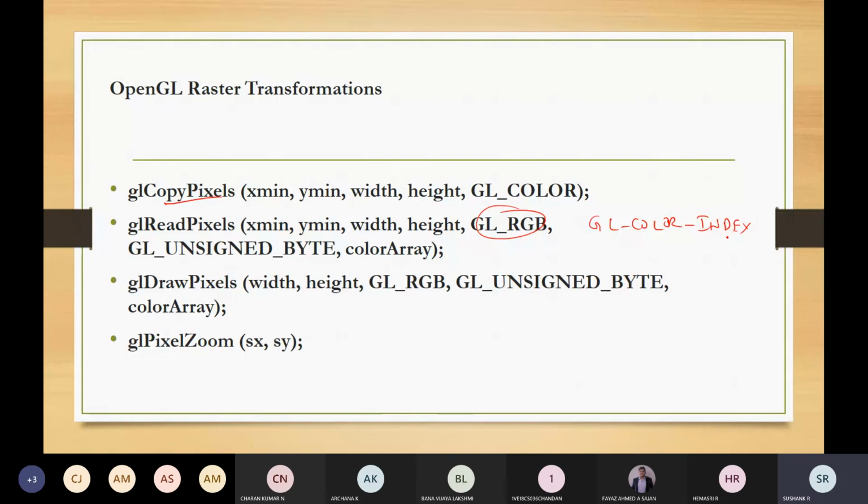The next one is draw pixel. You rotate the color values, like we studied in the matrix, where I was changing the values from 1 to 3 and 3 to 1.